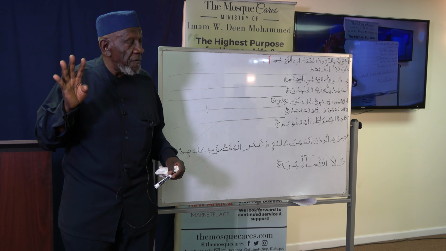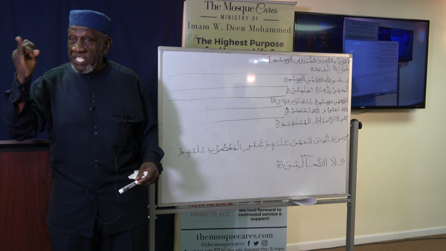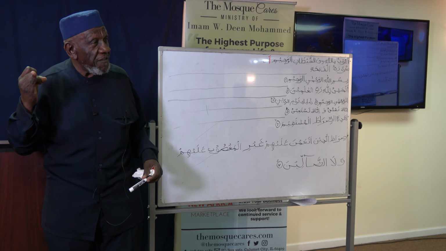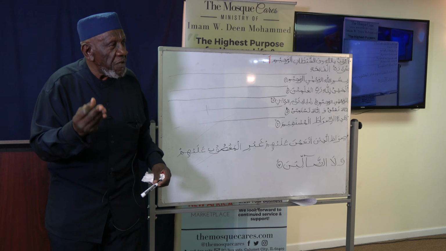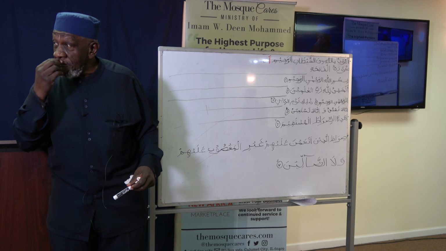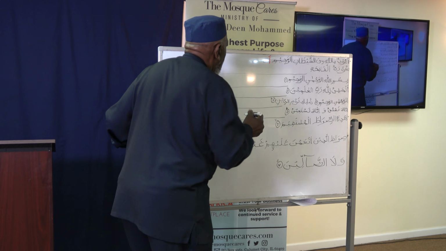There are a few of them that don't, but just for the sake of our discussion, let's say four different. It has a position of what it looks like when it's written by itself, what it looks like at the beginning of a word, what it looks like in the middle of a word, and what it looks like at the end of a word. Now we have a few exceptions, but we're not going to deal with that right now because of time. All right? So this, oh,